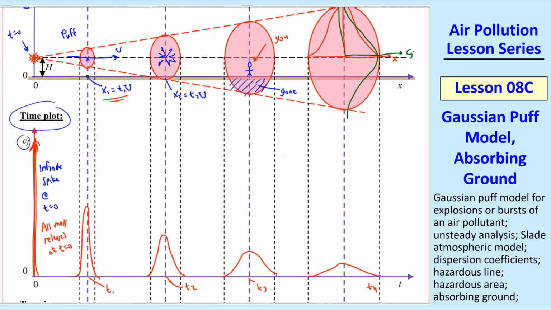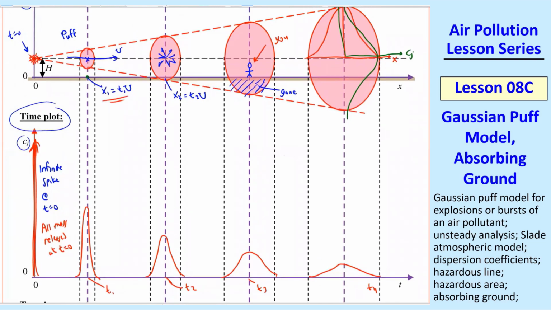Well, you can see by both of these diagrams that at time t equals 0, there's the explosion. You don't feel anything. So the puff is moving its way downwind. You don't feel anything until the front of the puff hits you. And so what you experience is actually a Gaussian. So you have nothing for all this time. And then suddenly at time a little bit less than t3, because t3 is when it's centered, you start sensing